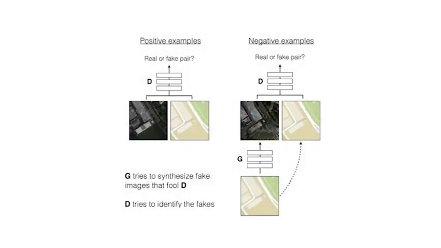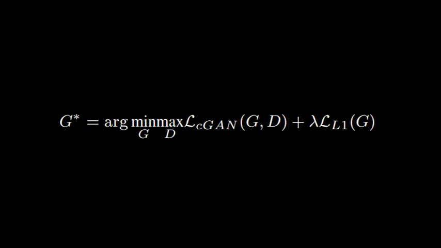As proposed by the Pix2Pix method, the generative network G's objective function uses an L1 distance, and it is tasked to fool the discriminator D, while remaining near to the ground truth output. While G aims to reduce its loss function and D aims to raise it, the Pix2Pix's final objective can be written as the equation on the screen, where lambda is a constant to control artifacts on the CGAN result.